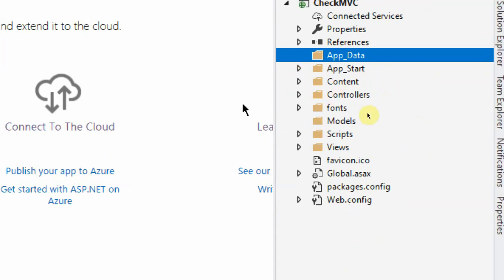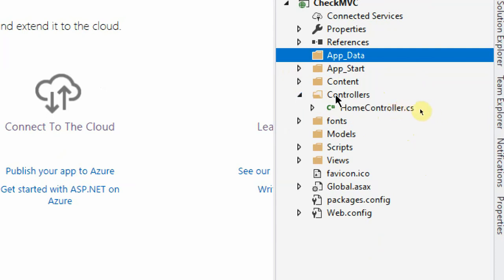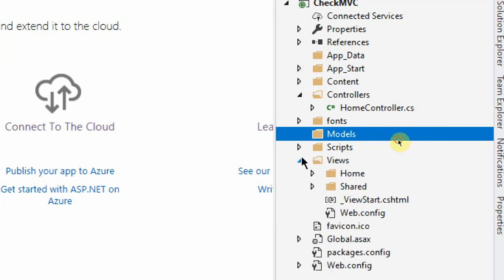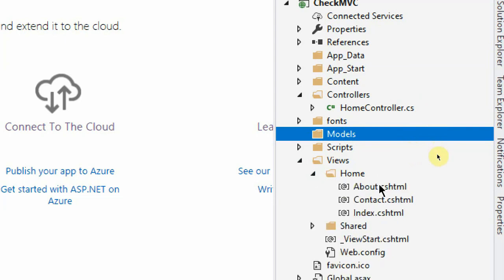So when you call this particular thing, what will be happening first? Let me open the controllers folder and see what is there. Inside controllers, there is one CS file called HomeController. Inside model, nothing is there because I don't have any logic in this program yet. It is just a simple home, about, and contact. That controller can directly call the view. In the views, I have a folder called home, and inside that you have 3